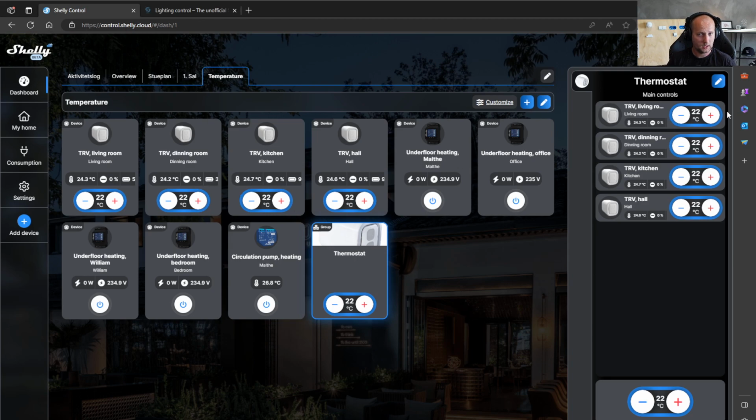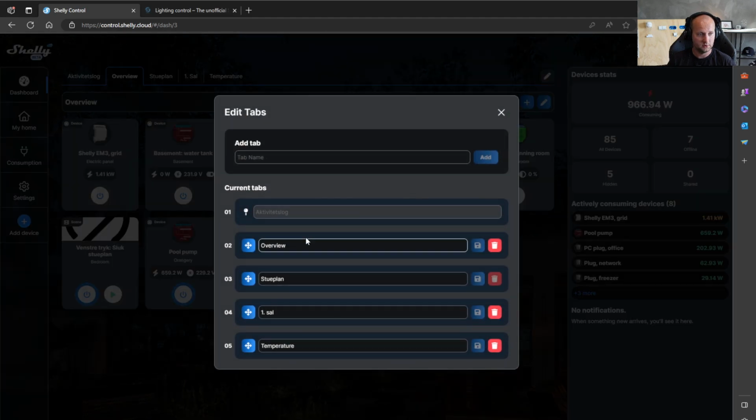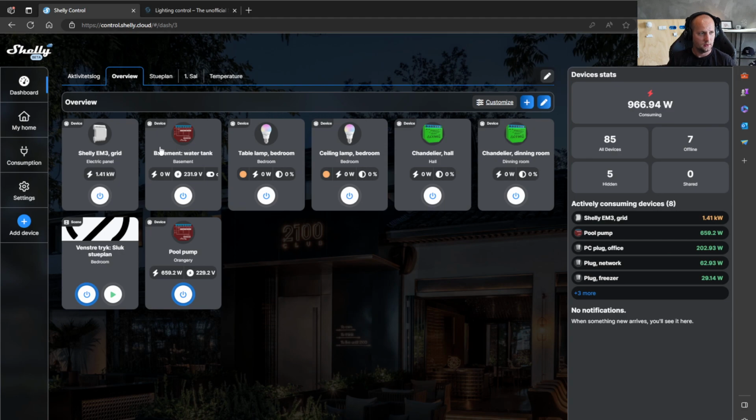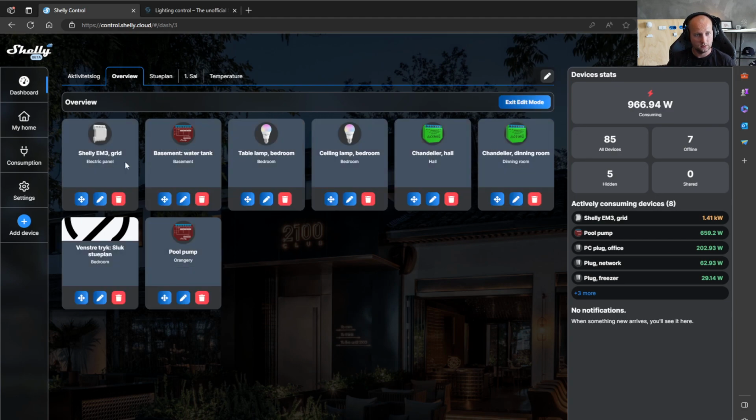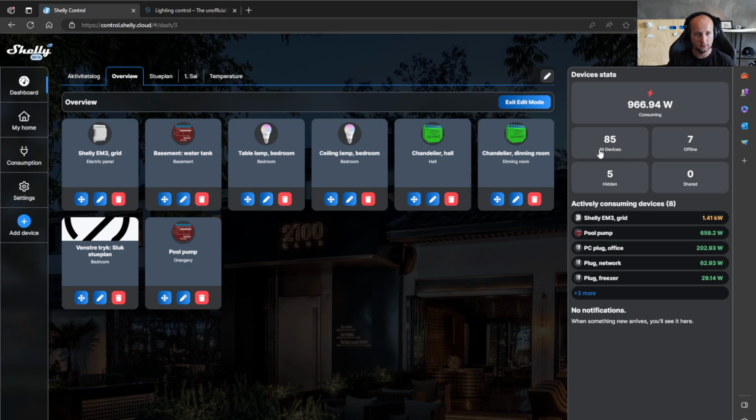Good. What else? Let me show you how to edit this. You can create more dashboards by pressing this edit button up here. From here you can drag around the dashboards. You can add another tab if you want, or rename your tabs. If you press the edit button right here, you can customize your dashboard itself: delete device, edit device.